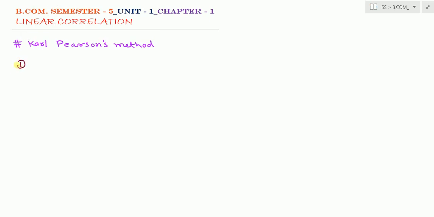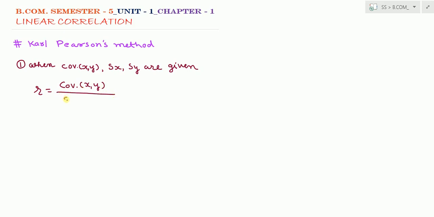Number one, when the covariance of xy, sx and sy are given, then r is equal to covariance x comma y divided by sx into sy. This is the first formula given by Karl Pearson, where